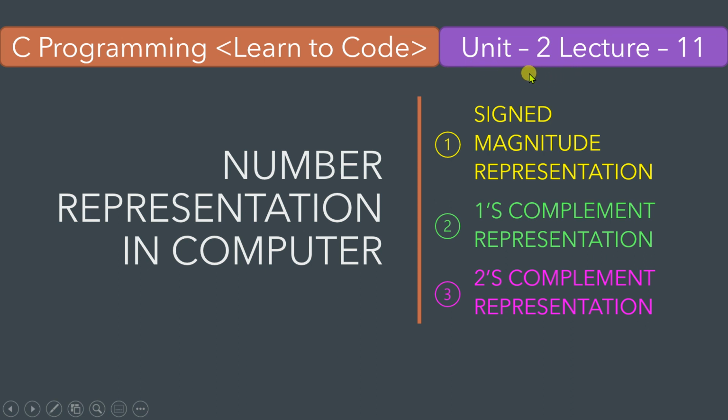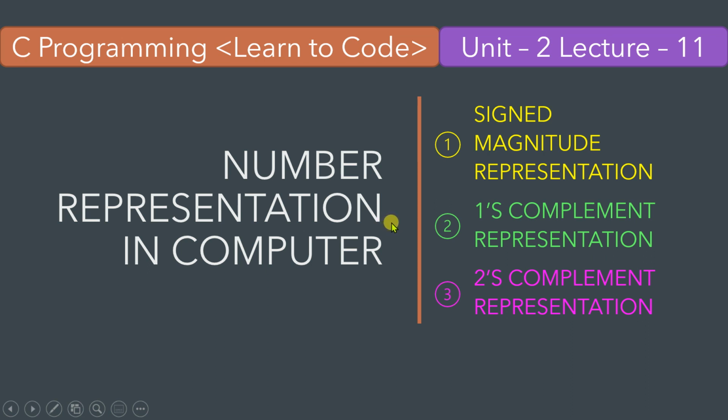This is the 11th lecture of Unit 2, and in this lecture we will discuss the concept of number representation in computer. In the last lecture I talked about data types in C, and I have also told you that from the next class onwards we are going to discuss each basic data type one by one. But to understand the basic data type properly, we need to understand how numbers get represented in computer. That's why I am attaching another series of lectures where I am going to explain how to represent the numbers